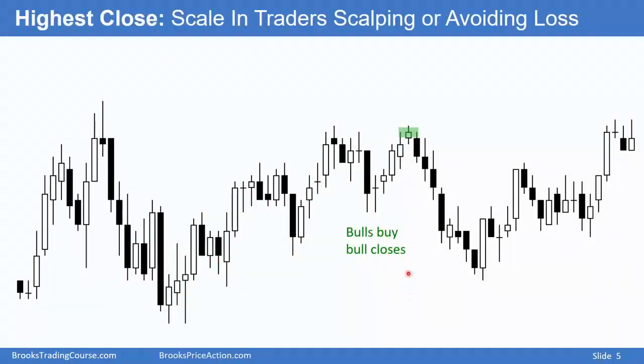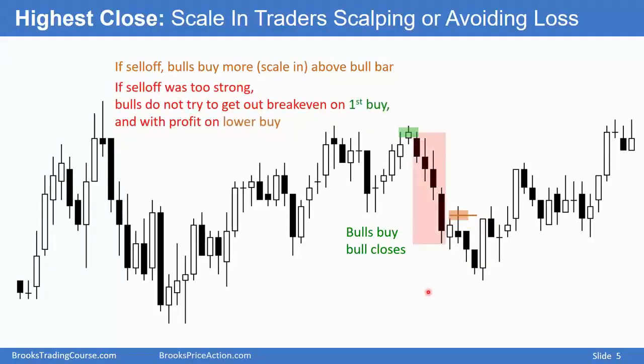Bulls buy closes, hoping that the rally will continue. Some bulls who bought the high close, very disappointed by the 4 big bear bars. They'll buy more above a bull bar here or here, hoping to avoid a loss. However, after this much selling and the bulls look to the left and say, oh, this is a trading range, and I bought the top of a trading range, I made a mistake, I'll buy more here, not with the intention of making a profit,